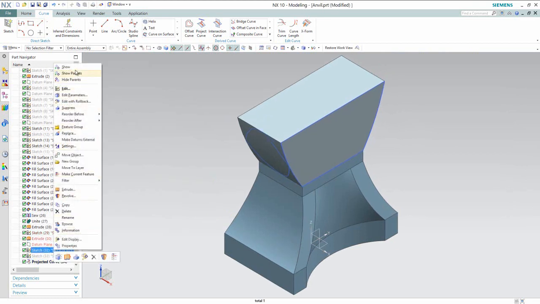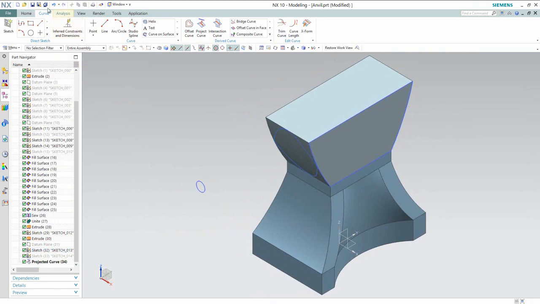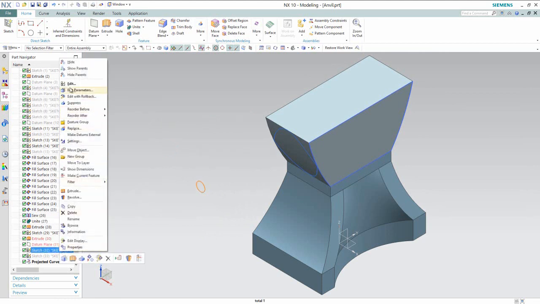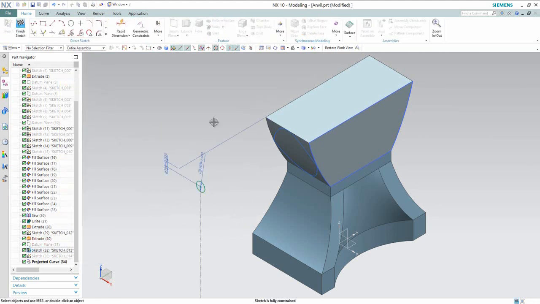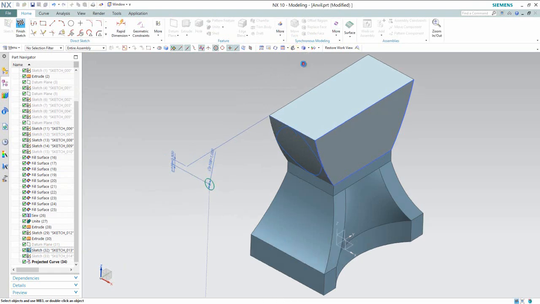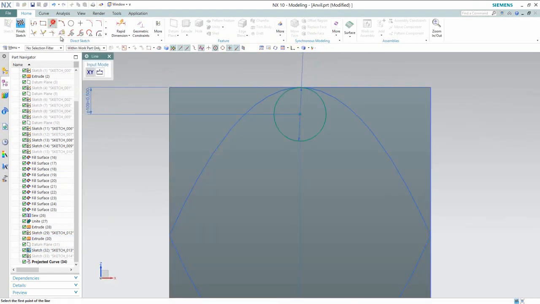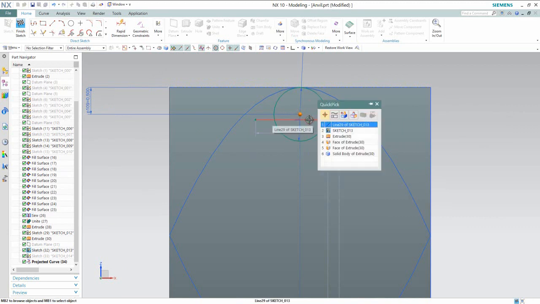Now we will edit the plane on which we had made a circle earlier. OK, go to the sketch. Choose front view and create a line like this. Select the midpoint of the line and center point of the circle and apply coincident constraint.